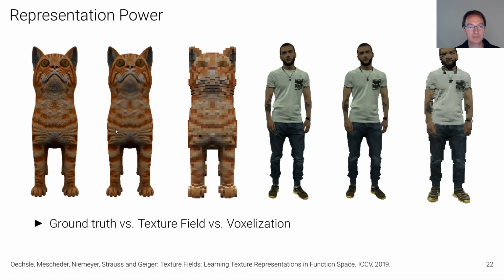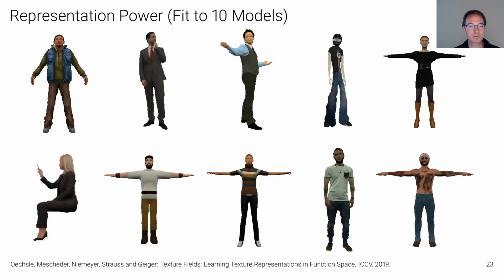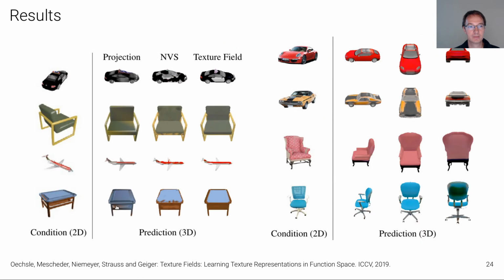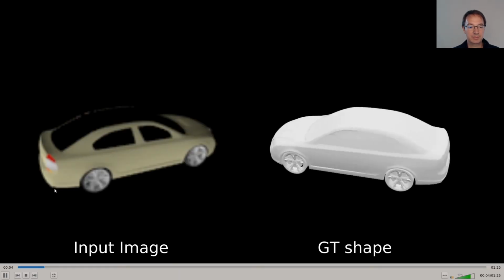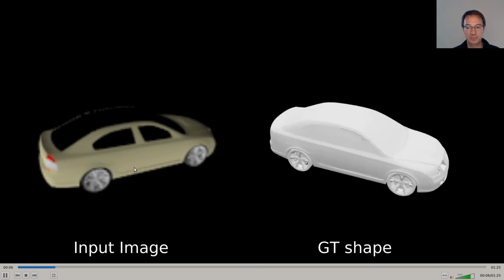This was overfitted to each of these two objects individually, but we can also overfit our model to multiple objects simultaneously. So in this case, we have overfitted to these humans here simultaneously. So now let's look at some prediction results. What we have here are single image texture reconstruction results, where on the left we have the 2D input image,